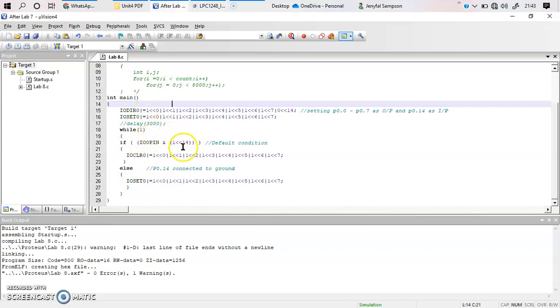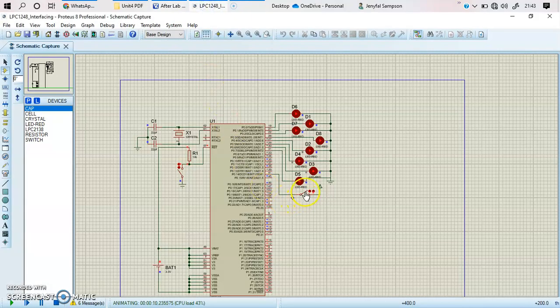So as I told you, when this particular pin number 14 has a value of 1 over here, this one and this particular one, both are added together to give you an output of 1. So when that output is 1, you know that the true part of this if statement is going to be executed, which is clearing all the LEDs. So if I turn on the switch, you know that all the LEDs are going to be cleared over here. So when I turn on this particular switch, all the LEDs are turned off.